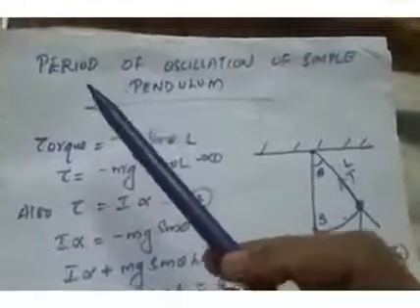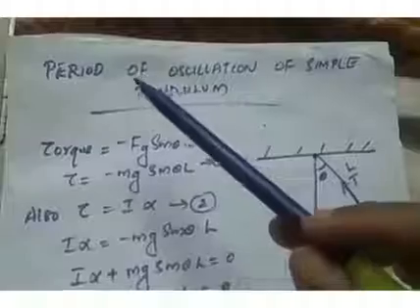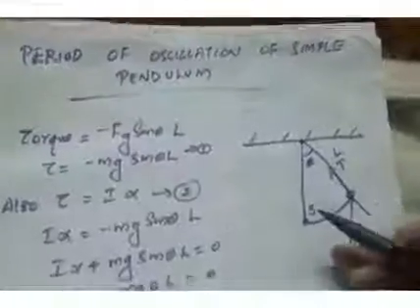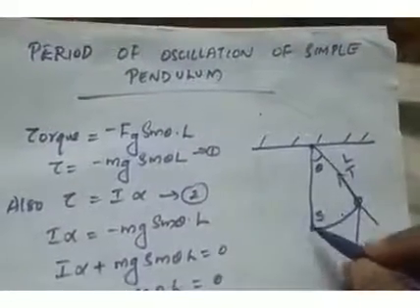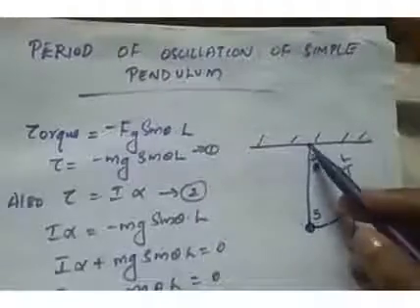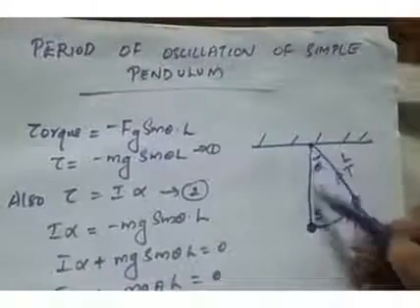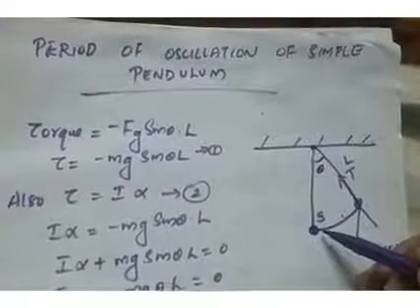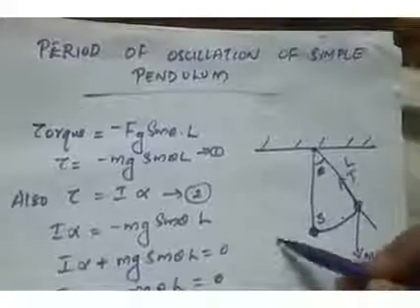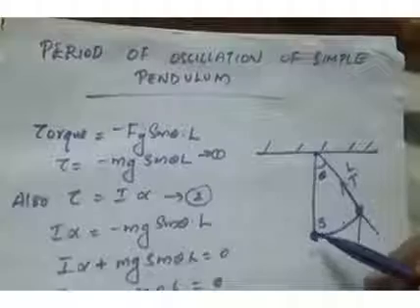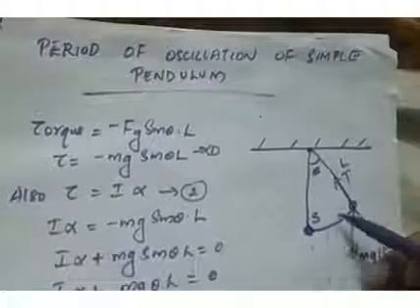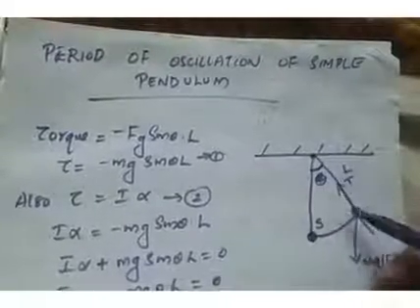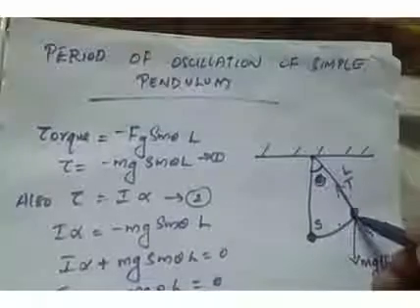So children, next we are going to derive an expression for the period of oscillation of a simple pendulum. Okay, so for that consider a pendulum as shown here. So this is the pendulum and this is the bob attached to a string of length L. So capital L is the length of the string, and when this bob is set into oscillation, it will start to oscillate like this. So we are considering one extreme or one angle of this oscillation, and let this angular displacement be theta. L be the length of the string, and this is our bob.